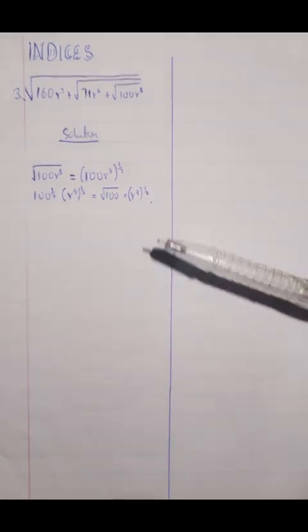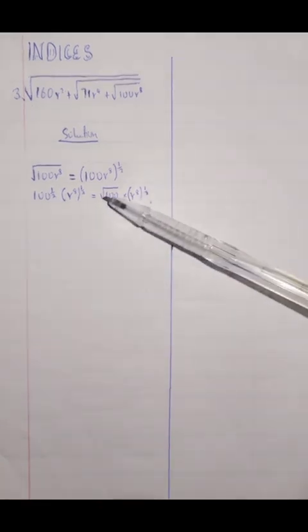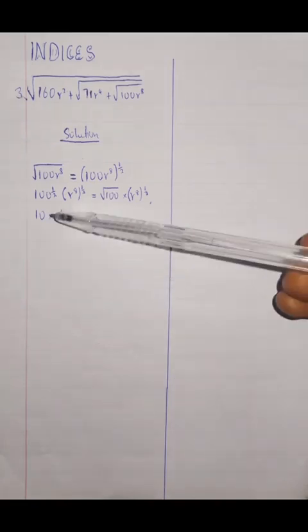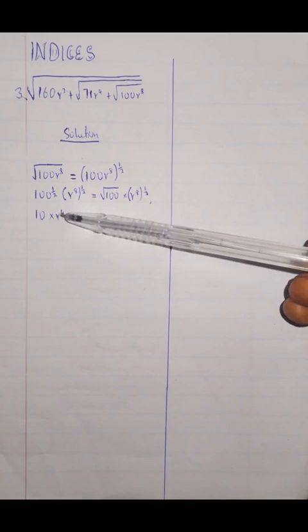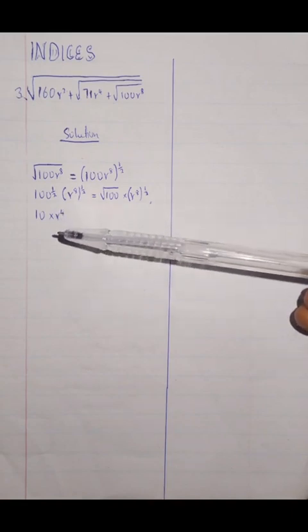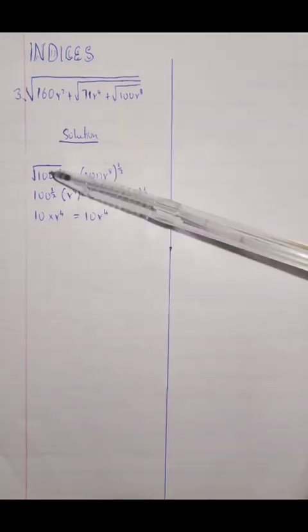And if you have r to the power of 4, the square root of 100 is what? It is 10. So we have 10 times r to the power of 4, and 10 times r to the power of 4 is 10 r to the power of 4. So we have finished studying these square roots. Next thing